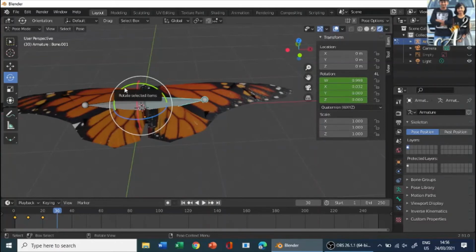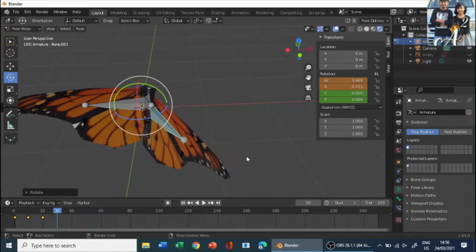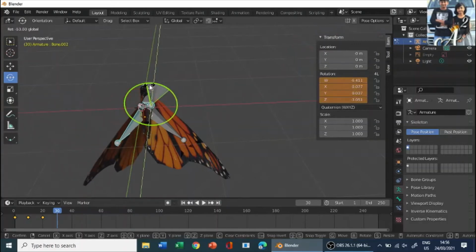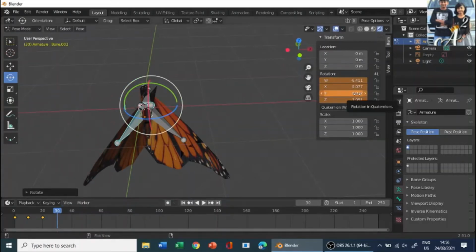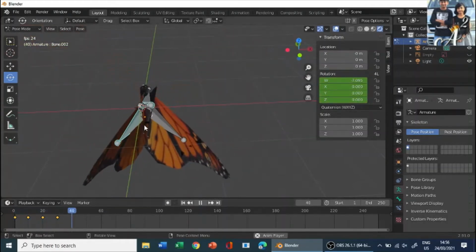Select the bone, make it fully down over here, and press I to add a new keyframe, and do the same for this bone, facing it down, and I to add a keyframe. Now if you play, you will have a butterfly flying down.